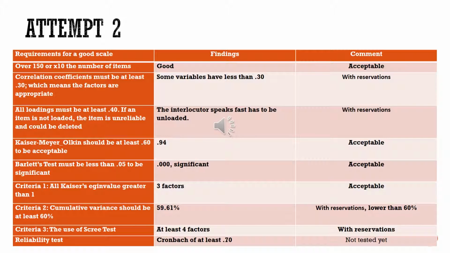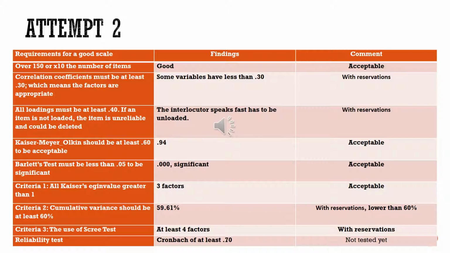So the slide shows the results of our second attempt. When you look at the number of respondents, it's good. The correlation coefficients, there are still some variables which are less than 0.30, and then there is 1 item which is loaded with less than 0.40, but then the Kaiser is acceptable, the Bartlett's test is acceptable,